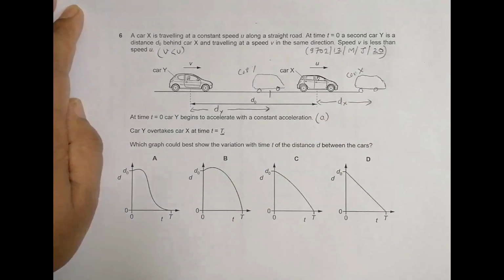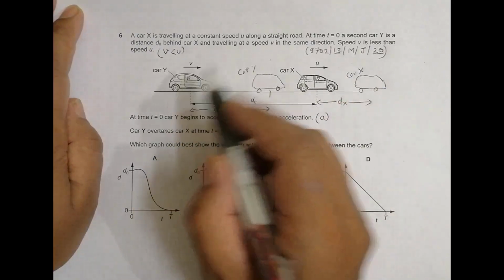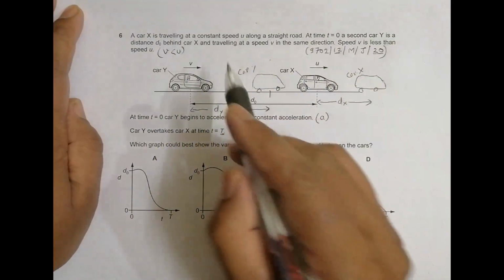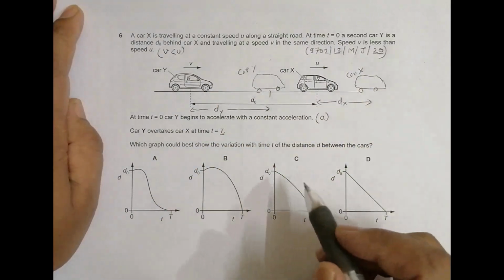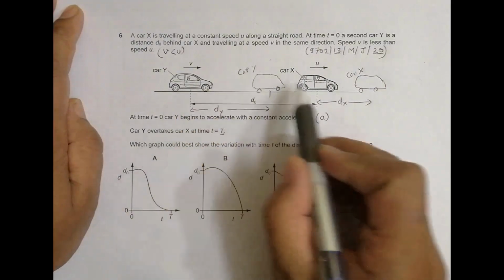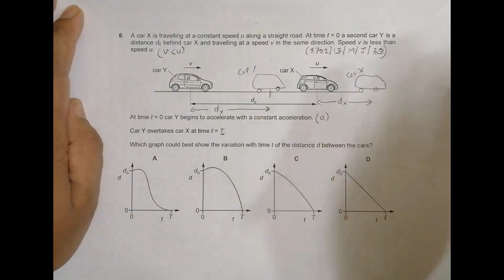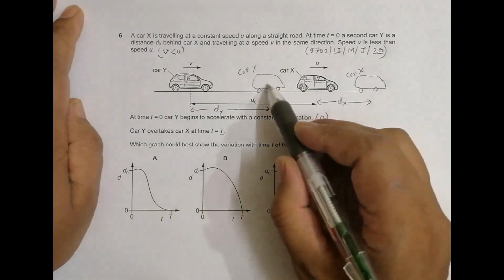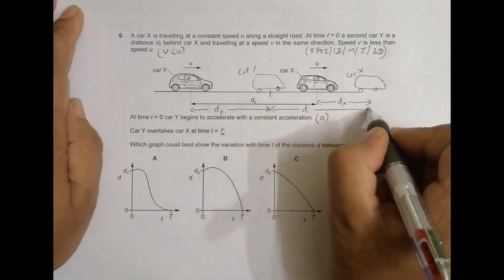Now the distance between the two cars at this instant, let us take care that since car Y is accelerating, it is traveling a bit more distance. We have just shown that it's traveling a bit more distance compared to this car. Right now the distance is large, and after some time the distance between them has been shown to be less. More or less we don't know, but we assume that since they are meeting after a certain time, the distance has been less. So this is the distance between the two cars at a certain instant, this d.